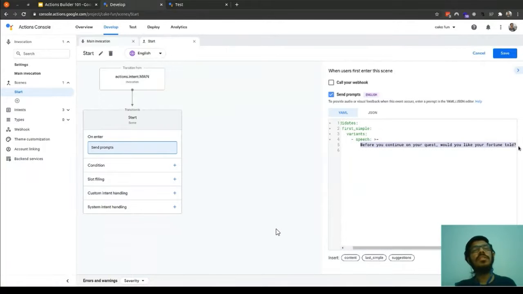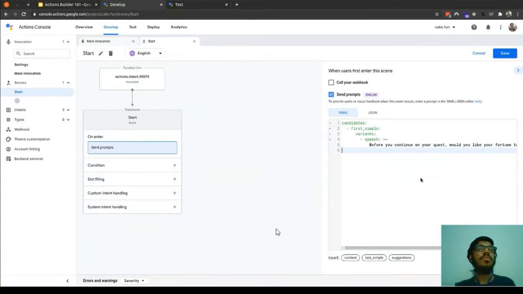This is a simple application where we ask the user some questions, and based on the user's replies, we put some responses. So we are asking the user whether they want their fortune to be told or not.